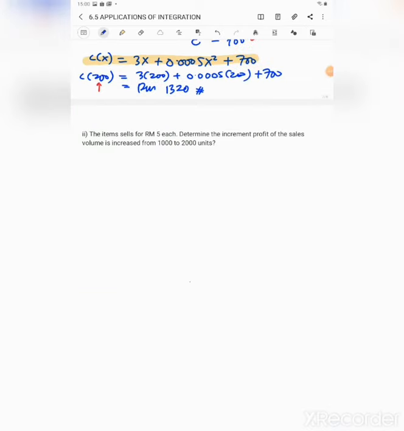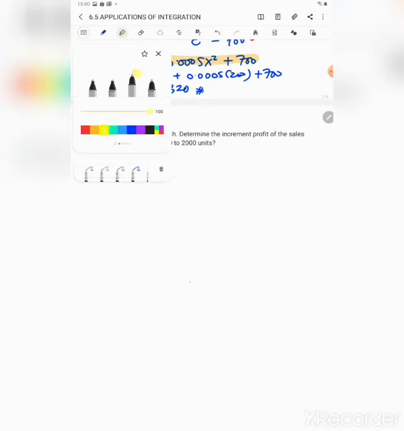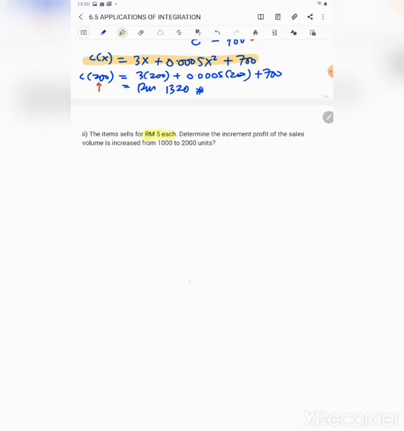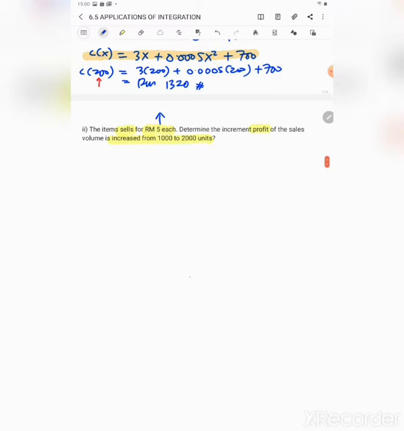Okay, question number 2. The item sells for RM 5 each, meaning that this is RM 5. Determine the increment profit if the sales volume is increased from 1000 to 2000 units. This is the info about the selling price, and then the question asks you for the increment profit. So now, how to solve this problem? You have to know that for the profit